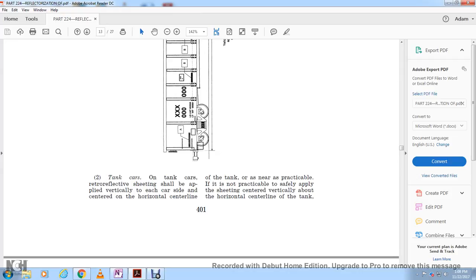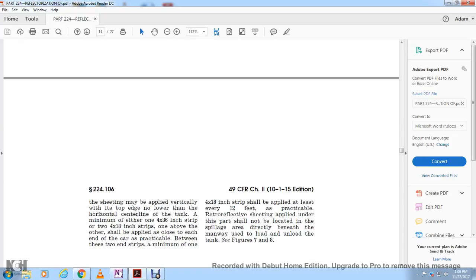Tanker cars. On tanker cars, retroreflective sheeting is applied vertically on each side of the car center, but the horizontal line on a tanker car is not practical. If it is not practical, safely apply the sheeting vertically about the horizontal center line of the tank. The sheeting may be applied vertically on the top edge no longer than the center line of the tank, a minimum of 1 4/8 inch strip or two 4/8 inch strips above the other